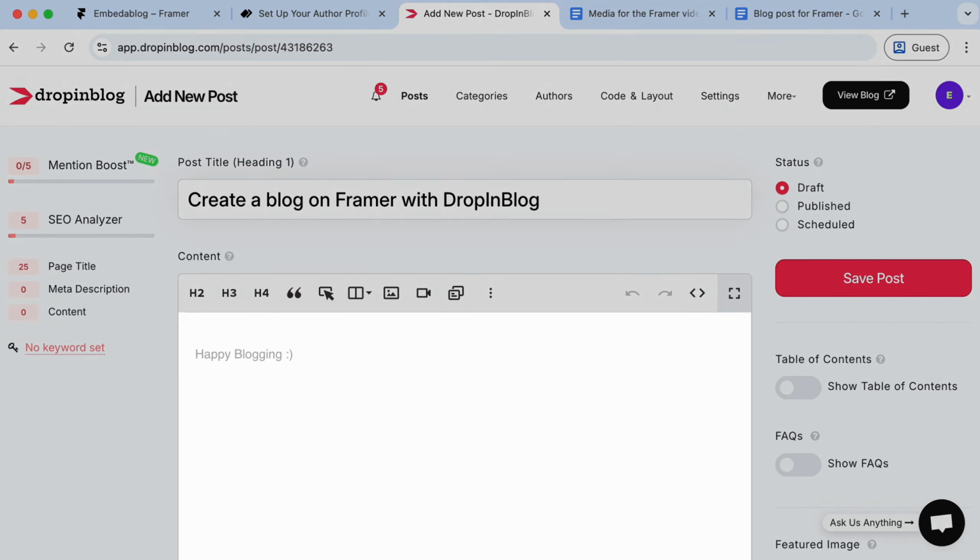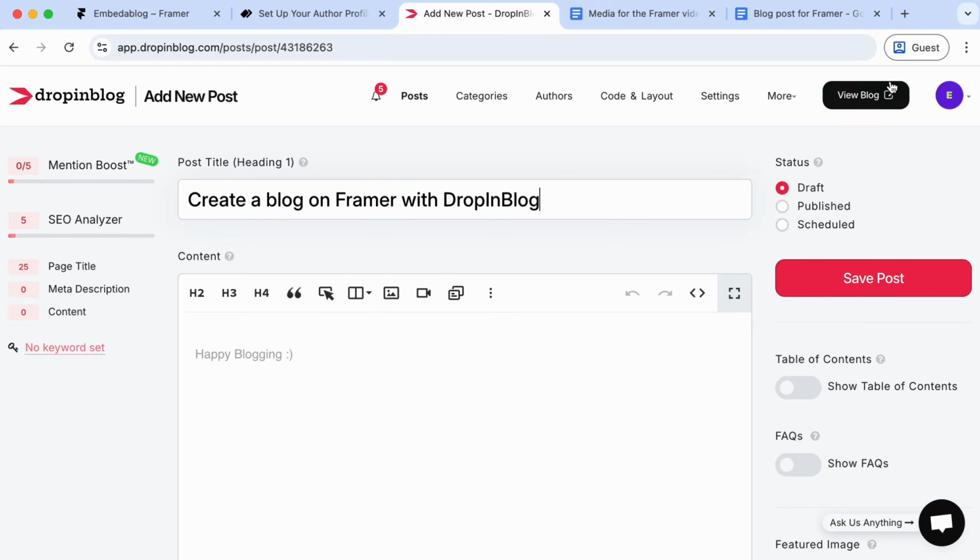Great! And this here is the content area where you add your post content. There are two ways you can add your content. You can either type in your content here directly, or you can copy content you've already created on Google Docs or other word processors. Then paste it here into the Post Editor's content area.